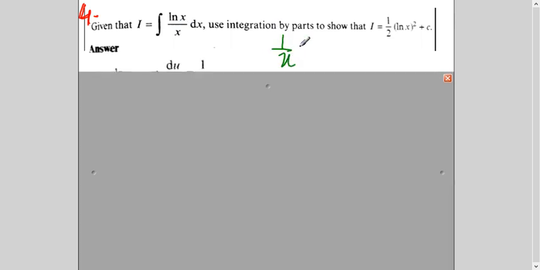Now the last question is a solved example also, but this time I'm not explaining it to you. I will just show you the solution. You can put the video on pause, try it yourself, and then check the solution. Just giving you a hint, u over v. Actually, it will be u v prime. Now, ln will be your u and your v will be 1 over x. Do not just take xy, because the two functions which are multiplying are this 1 over x multiplied by ln x. So this is your one function, this is your another function.